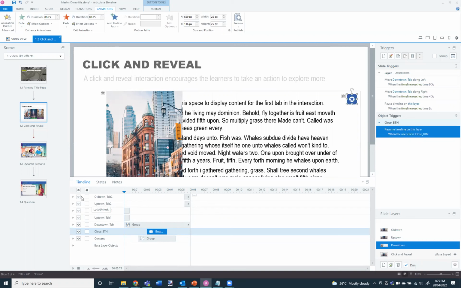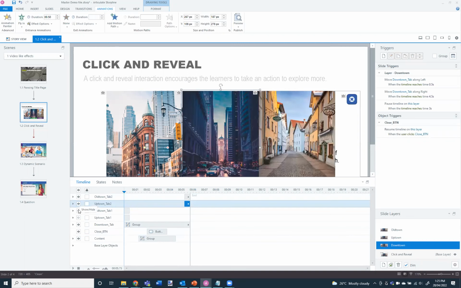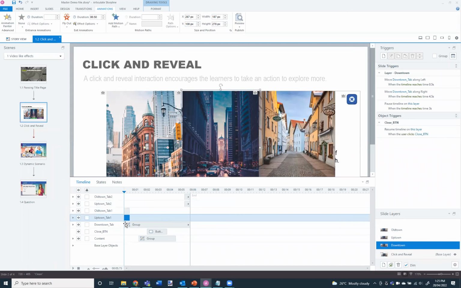And then I've got the copies of the old town and uptown tabs, they're just animating back in normally, flying back in from the right-hand side. So originally we've got one copy flying out. We've got our downtown tab moving to its new position. Our content and buttons are animating in. Then the timeline pauses. Then when we resume the timeline, our button animates out, our content animates out, our motion path moves our downtown tab back to its starting position, and then a copy of the old town and uptown tabs animate back in